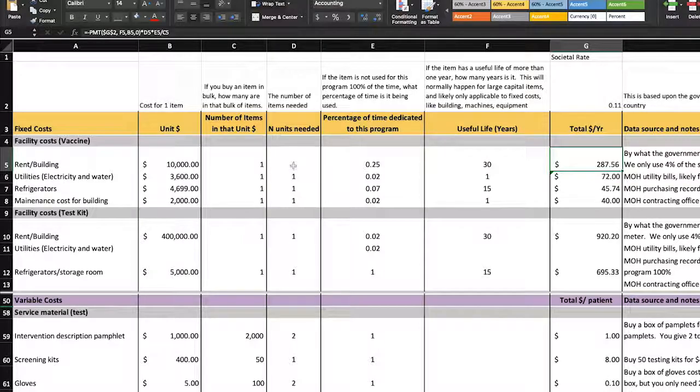The building is going to be used 25% of the time. Either the space is going to be used 25% of the time, or you're occupying 25% of the space of that building. So either one of those is 25%. And the building has a useful life of 30. And then based upon the formula that's in this cell, it calculates what your